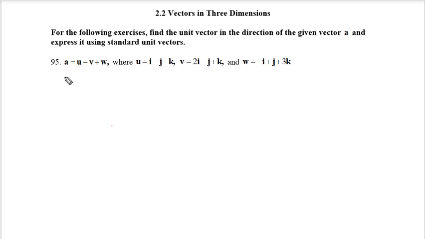Let's start by finding the A vector. So we want to take the U vector, which I'm going to write in component form, 1, negative 1, negative 1, minus the V vector. I'll write that also in component form, and plus the W vector,